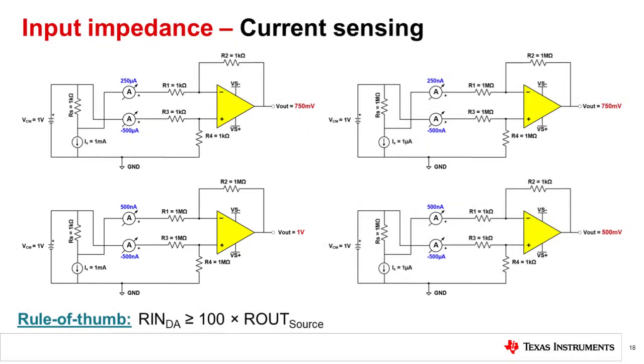These varying results are all due to the input impedance of the difference amplifier, as this will draw current from the signal source. The ratio of the source's output impedance to the difference amplifier's input impedance determines how detrimental this current draw is. Even if the current draw does not lead to huge inaccuracies, the input impedance of a difference amplifier loads the voltage source connected to it, which may drain a battery.